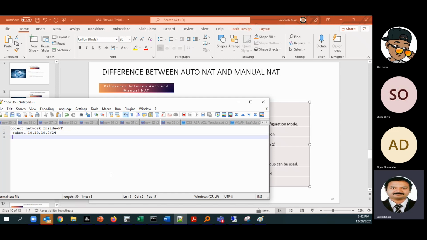Now we have done this, and what we have to do is define the NAT here itself: nat (inside,outside) dynamic, source dynamic, interface. If we do it like this, the NAT we are configuring is under the inside network object. So this is auto NAT. This part is clear.